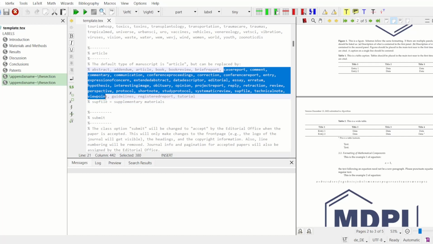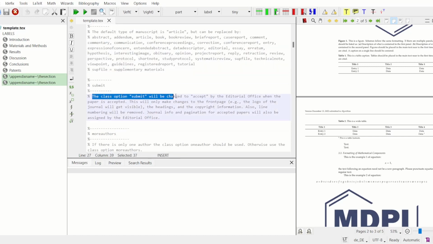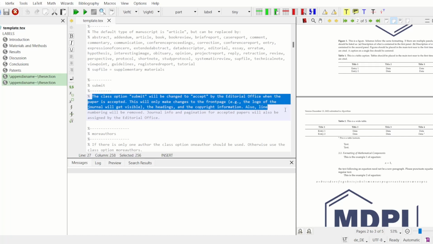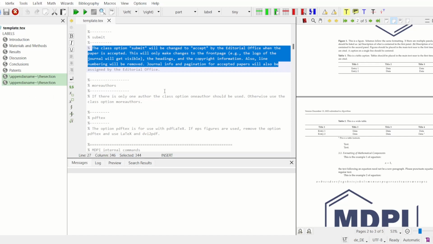You can see that guideline, viewpoint, or technical notes. You can choose submission. This is the class; submission will be changed to accept. When the editorial board chooses that the paper is accepted, then it will be converted and changed into the accept form. First is the submission, because of more authors, you can add one or more authors depending upon your